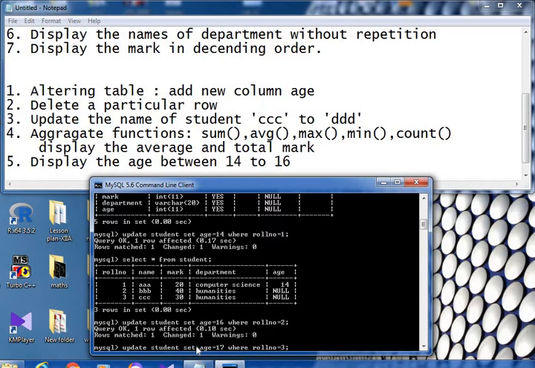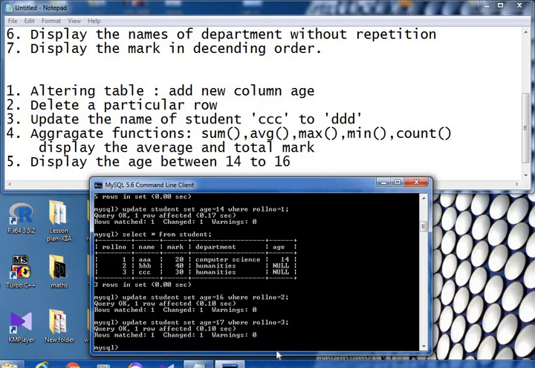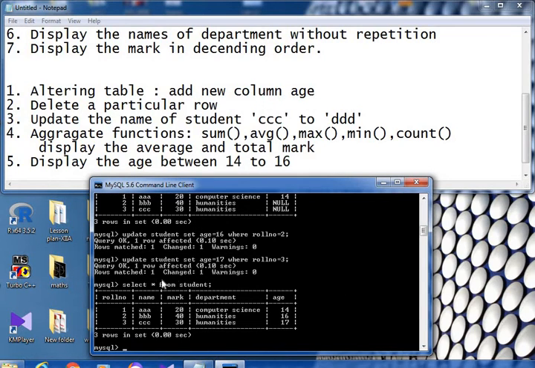Which field are you going to set? Here I am setting age equal to the new value, then give the condition. This way we are updating the values in the database. Now give the command select star from student, and it will give the whole table.